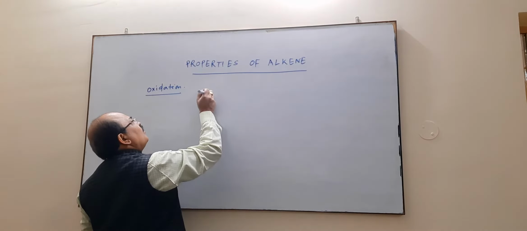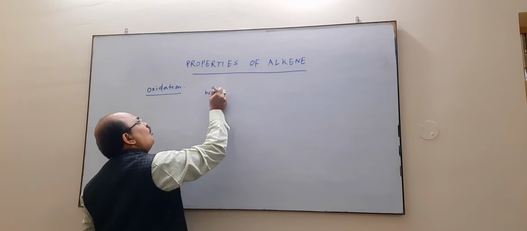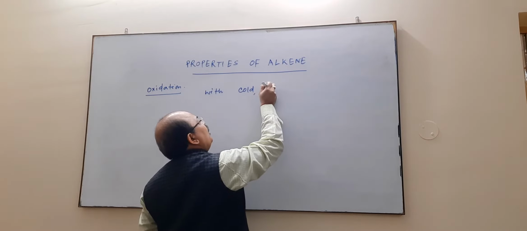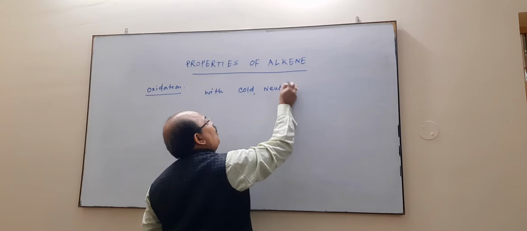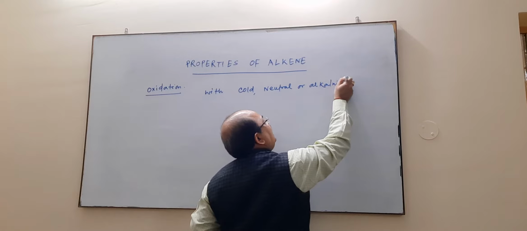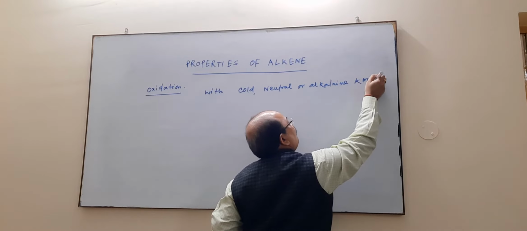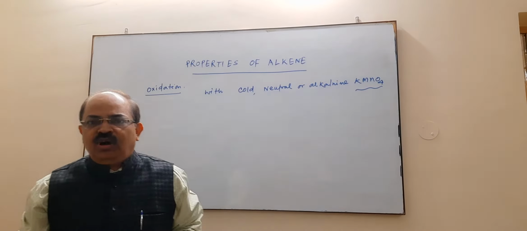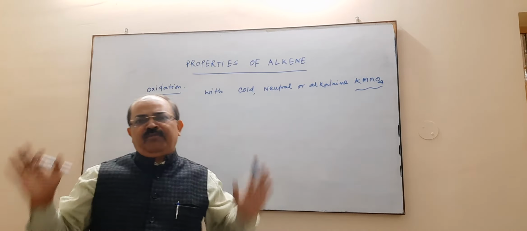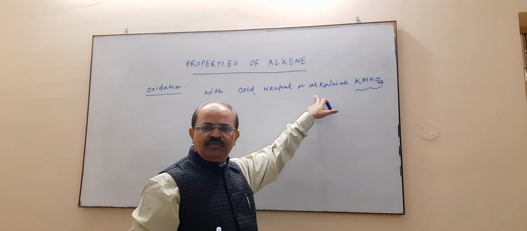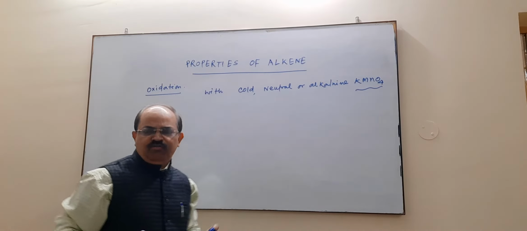So write: with cold, neutral or alkaline KMnO4. You know the KMnO4 is known as your potassium permanganate. So with cold, neutral or alkaline KMnO4,